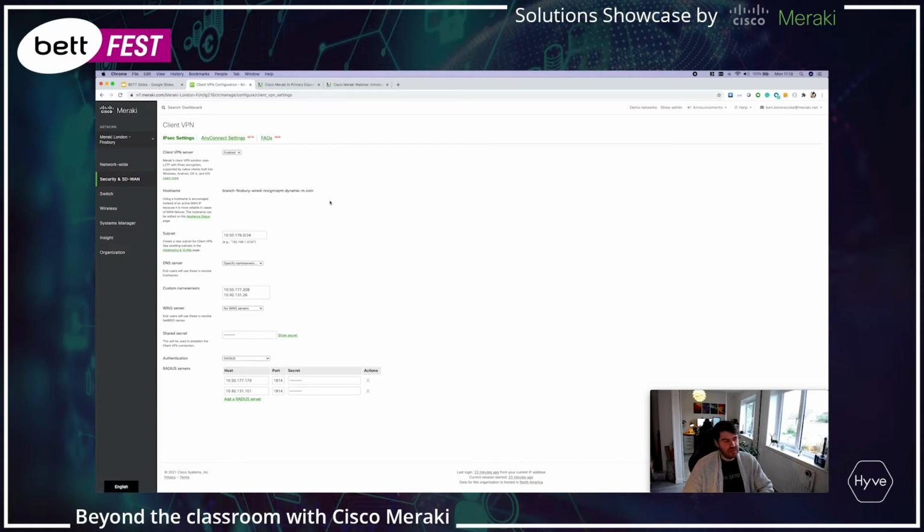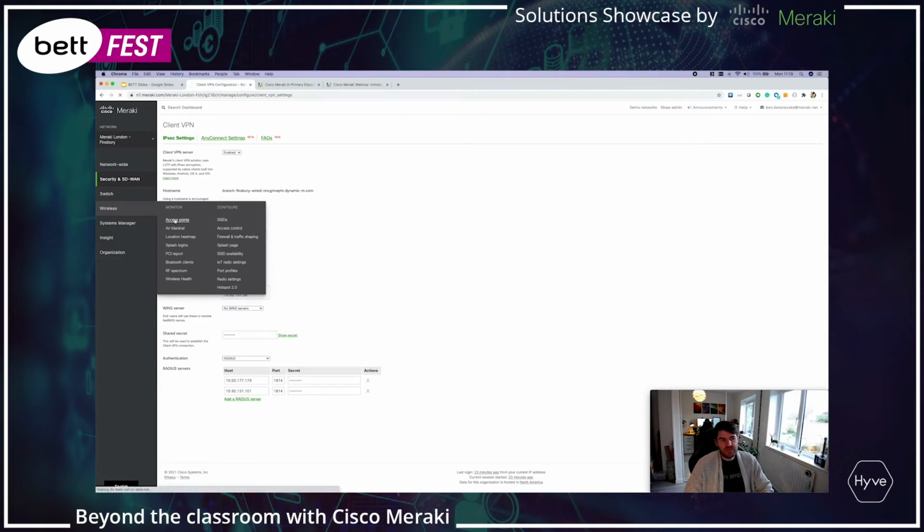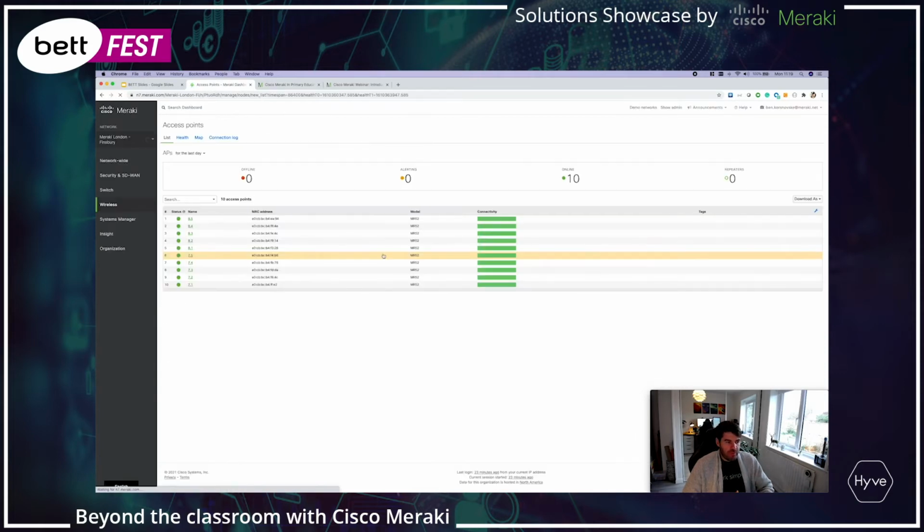Next part of the network is getting all of our wireless devices on. So we'll come to our wireless access points. With the influx at the moment of wireless devices that we have on the network, whether that's your one-to-one devices for device to student, your guest devices, or your IoT and cameras that come into the network, the IT industry has been asking to put more and more strain on the network. So we need to make sure we've got a high density access point that can stand up to the test